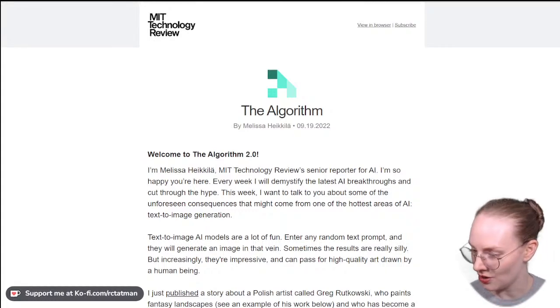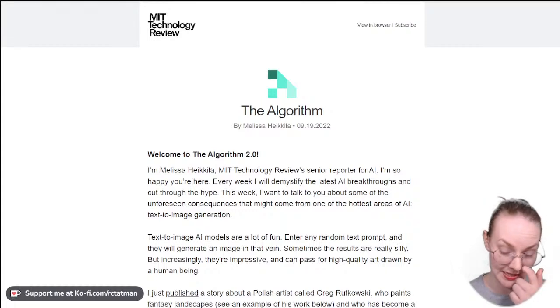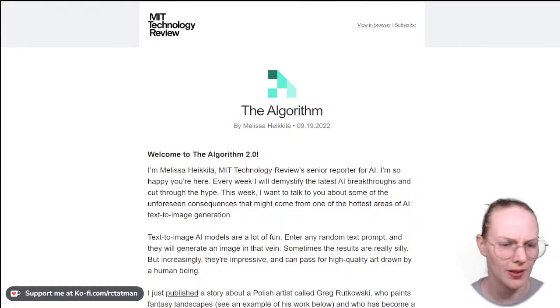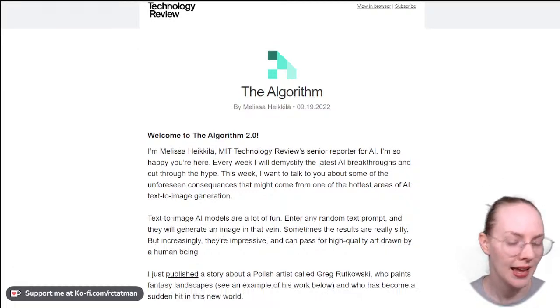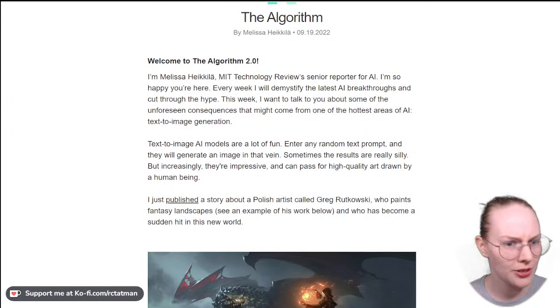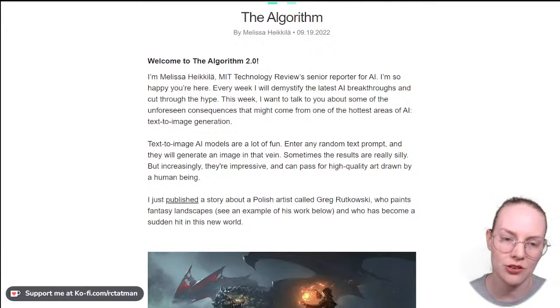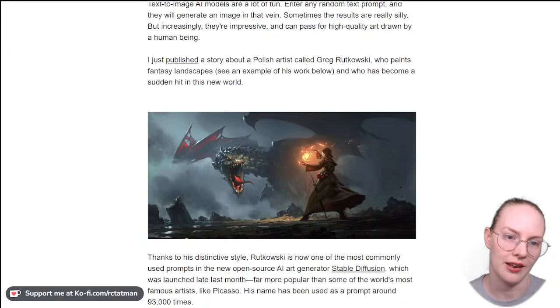This is a new newsletter that some of y'all may be interested in from the MIT Technology Review, which tends to be a pretty reliable source in my experience. Yeah, so this is a weekly newsletter about sort of cutting through hype. And this I thought was particularly interesting because